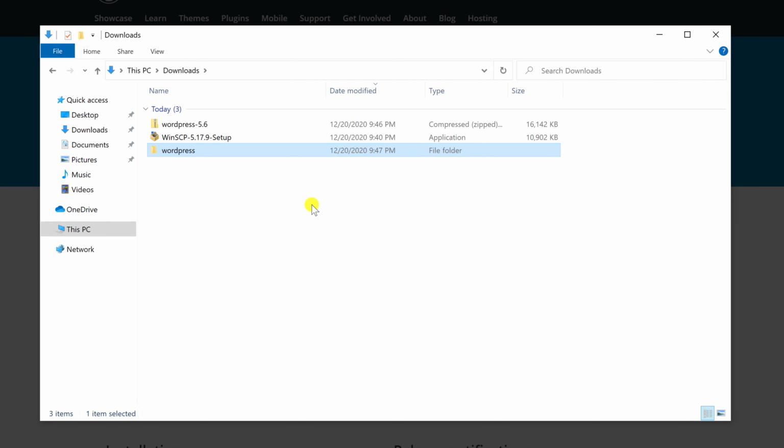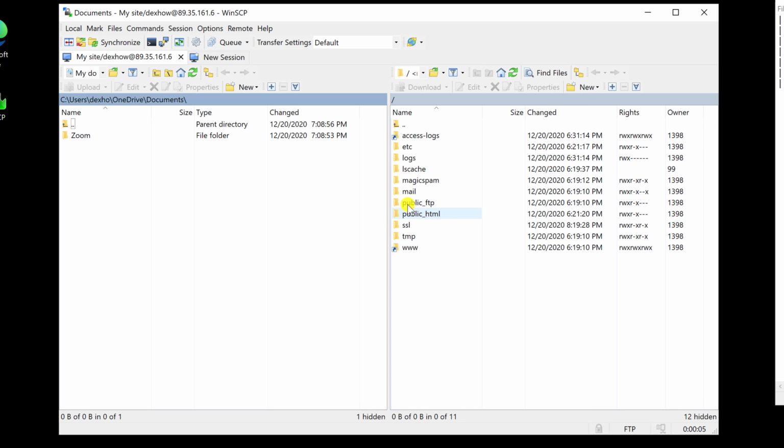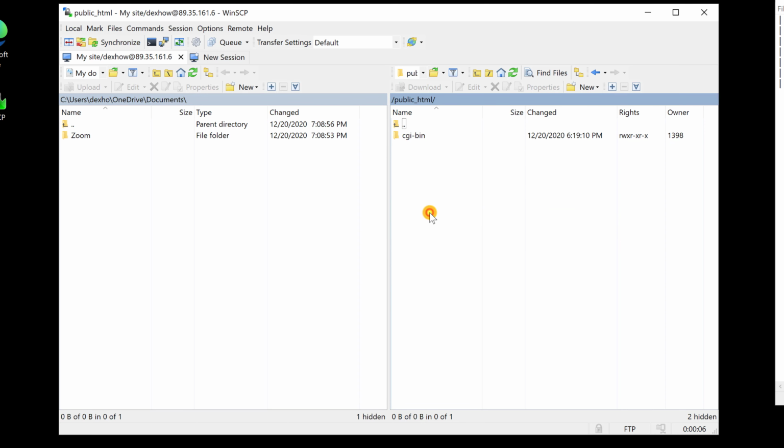Now, let's connect to the hosting account with the FTP software. If you have not done that, put the video on pause and check the video that is in the description that explains all about FTP and how you can create the connection. Click Log In. After you have connected to the hosting account, click on folder public_html from the right. If you have a file in this folder called index.html, please delete it. You can delete the file by right-clicking the file and selecting Delete from the menu.